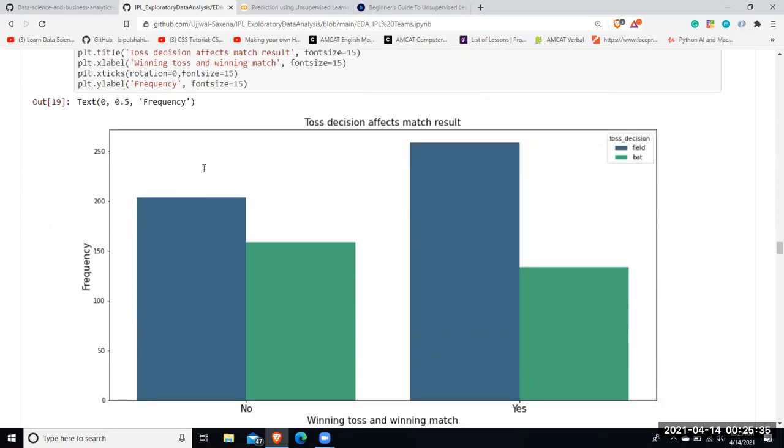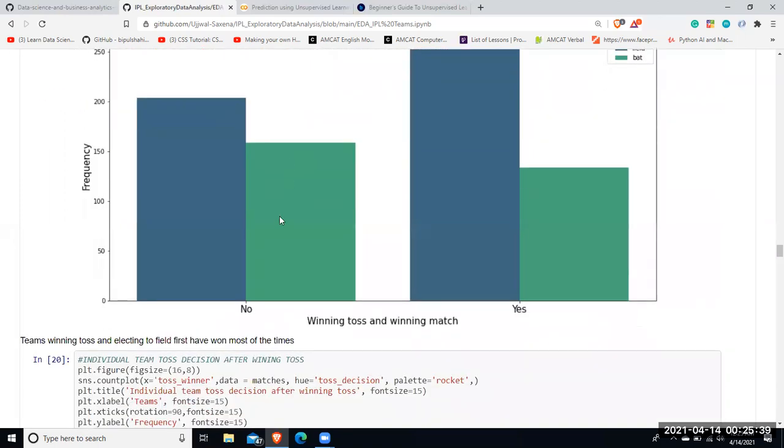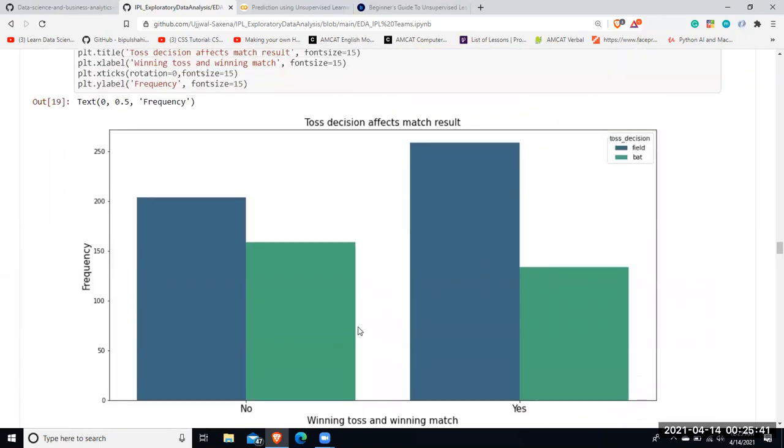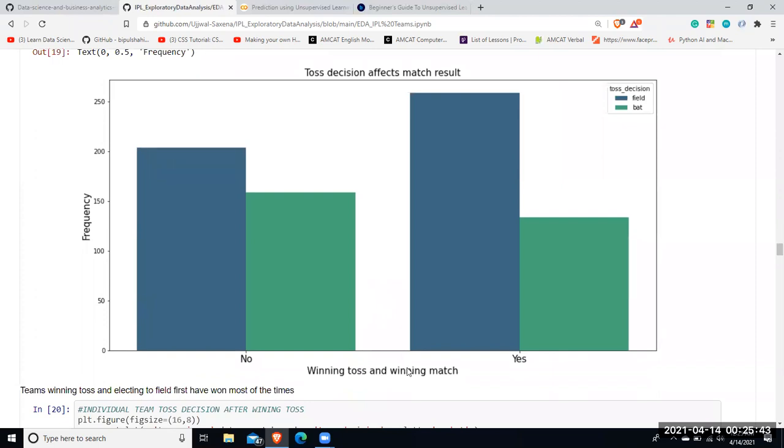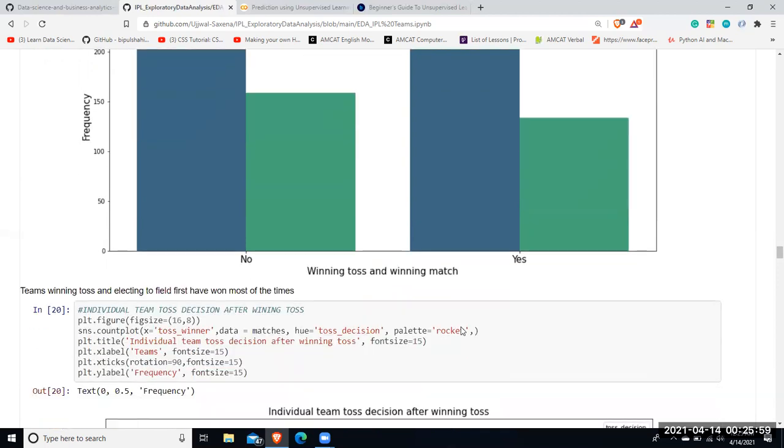So this is the way it actually looks. Winning toss and winning matches. So the X label shows winning toss and winning match. This shows that teams which have won a toss and have chosen to take batting or bowling, how many number of times they have actually won the match, right?